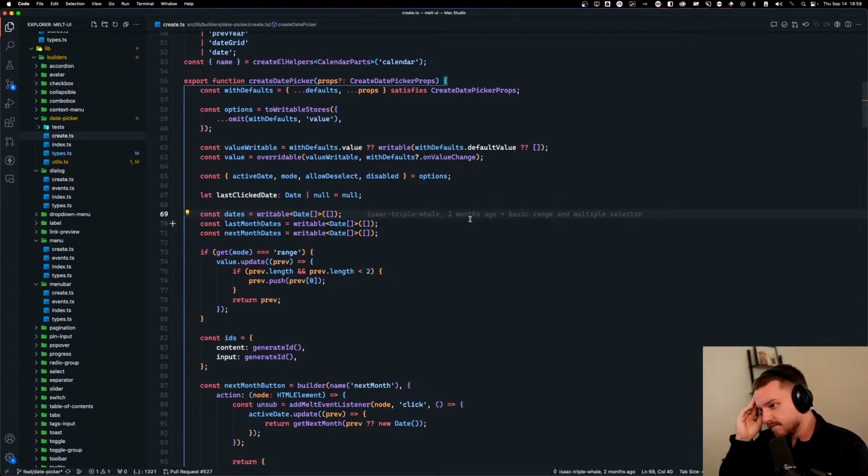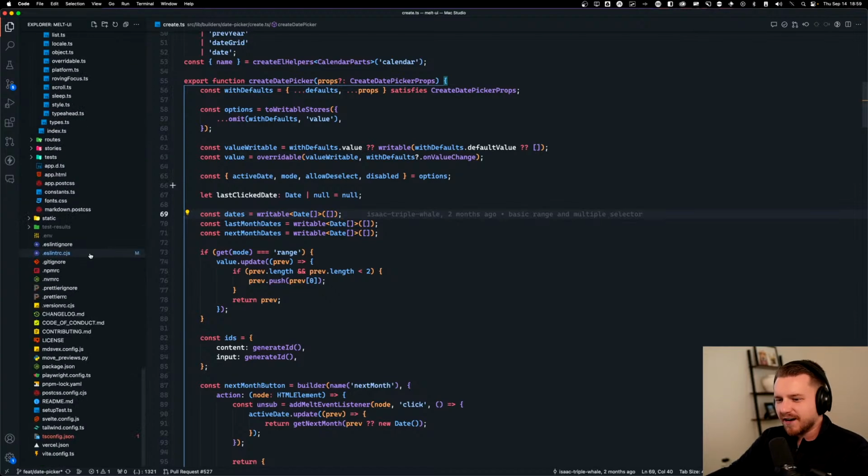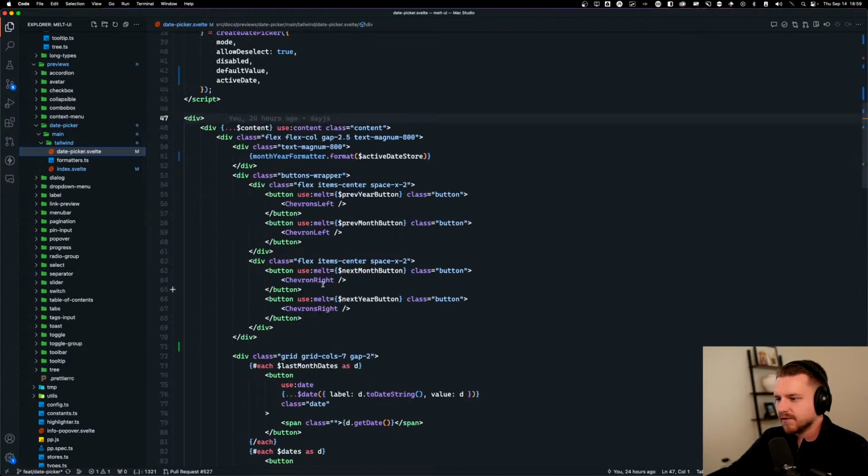Or do we do a property? I'm thinking about it from the perspective of being able to render out one of these components here. So having the current month,